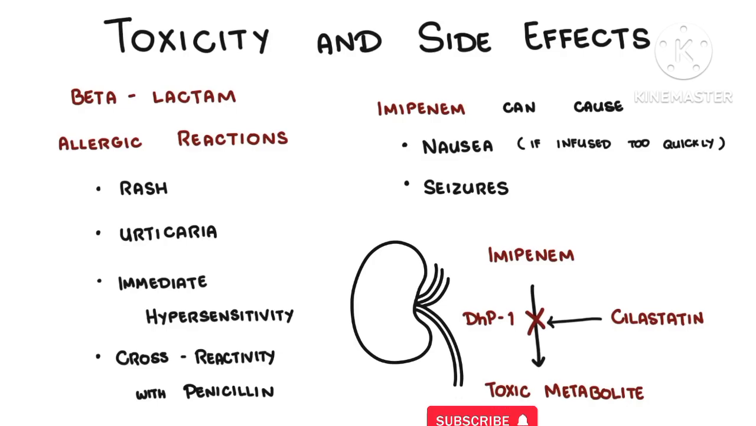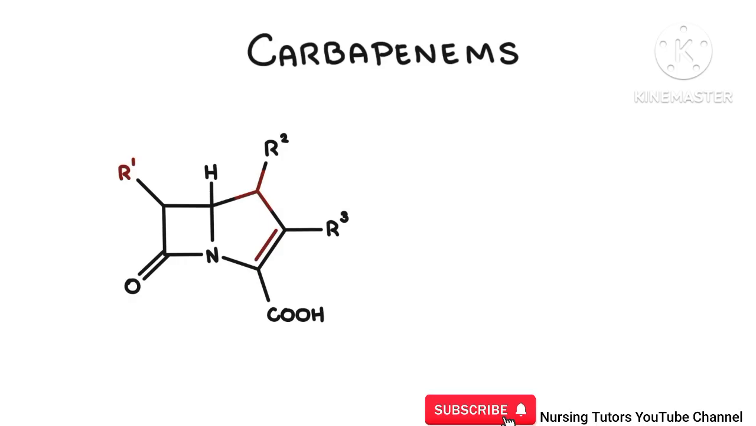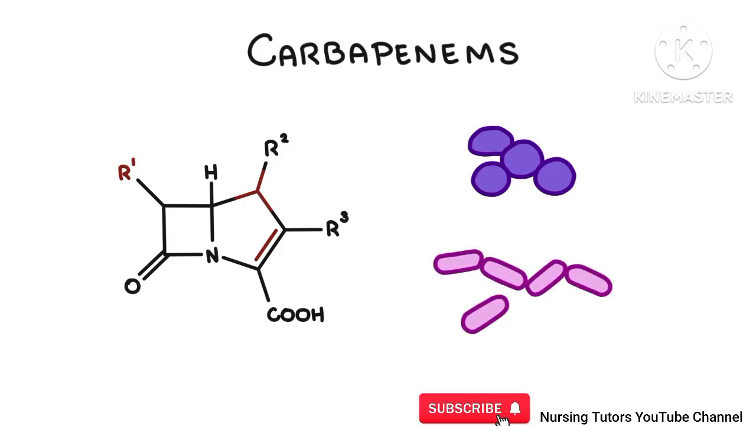Briefly, we have said that in the kidneys, we produce dihydropeptidase 1 that can affect imipenem. Therefore, we administer it with cilastatin to prevent it from being hydrolyzed. A quick recap of what we looked at. We said that carbapenems, they have a beta